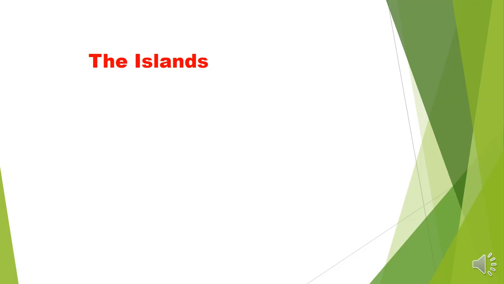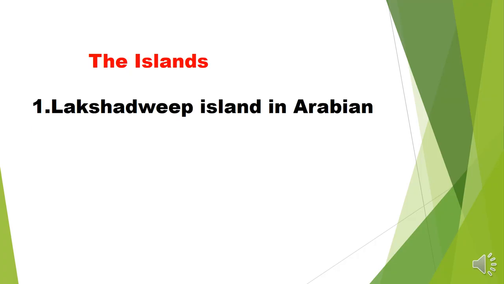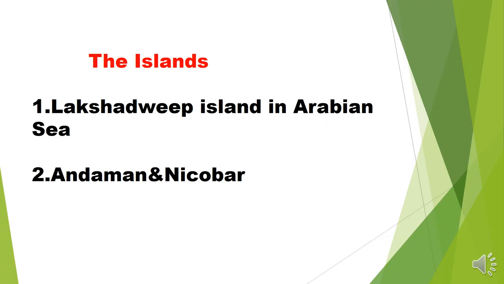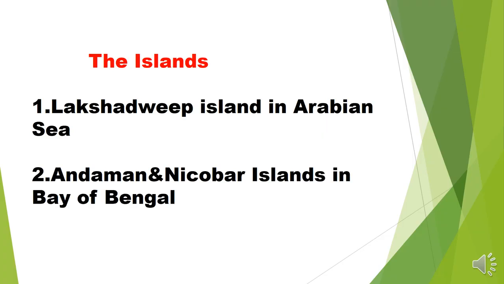An island is a landmass which is surrounded by water on all four sides. And in our country we have two groups of islands: Lakshadweep Island in the Arabian Sea and Andaman and Nicobar Island in the Bay of Bengal. So firstly we will discuss